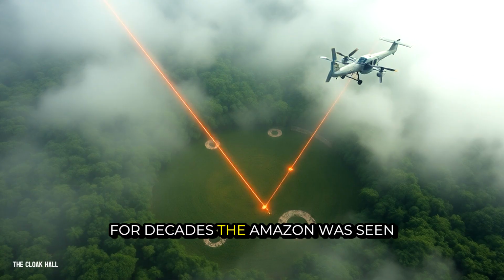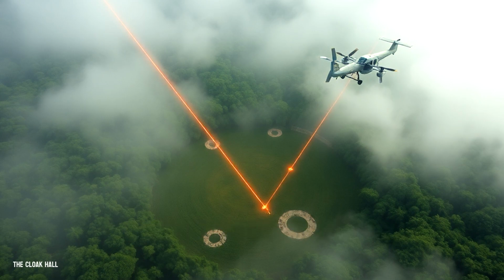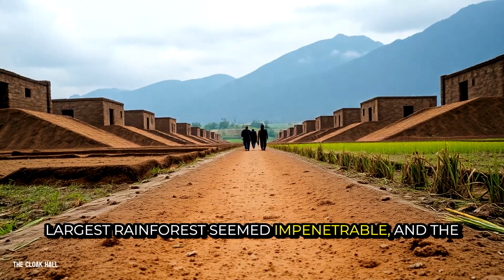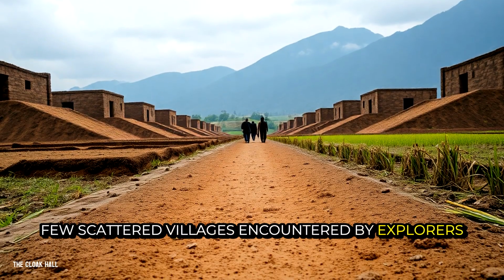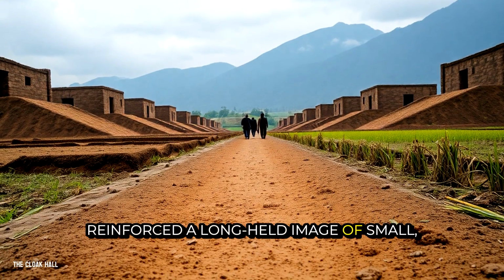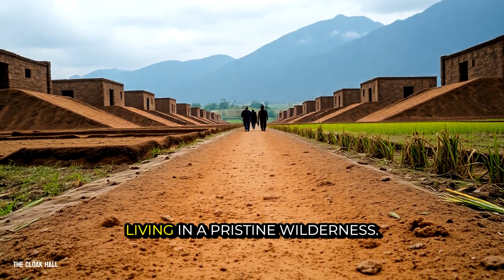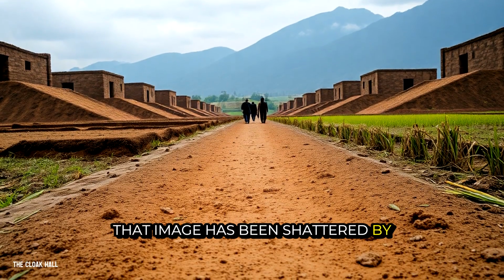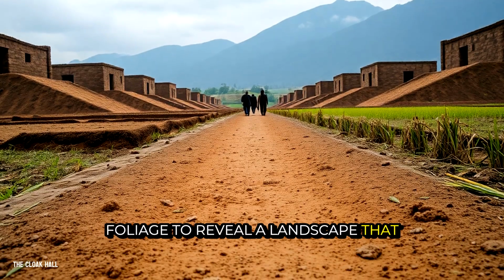For decades, the Amazon was seen as a green desert, empty of civilization. The dense canopy of the world's largest rainforest seemed impenetrable, and the few scattered villages encountered by explorers reinforced a long-held image of small, isolated hunter-gatherer bands scratching out a living in a pristine wilderness. That image has been shattered by LiDAR surveys that cut through the foliage to reveal a landscape that was anything